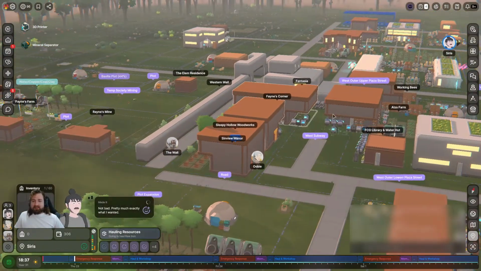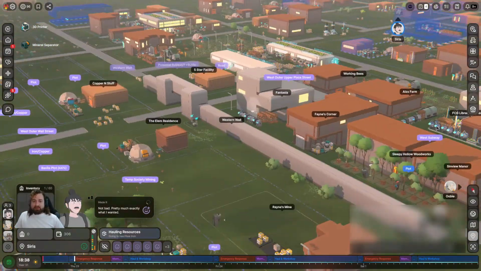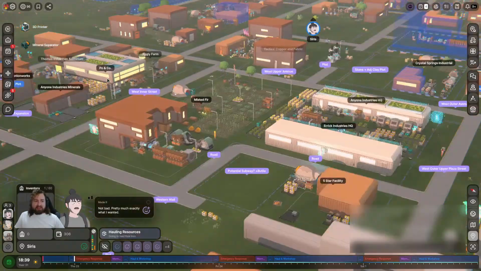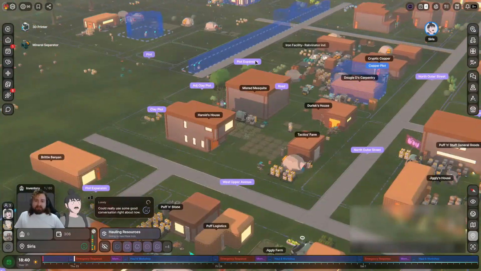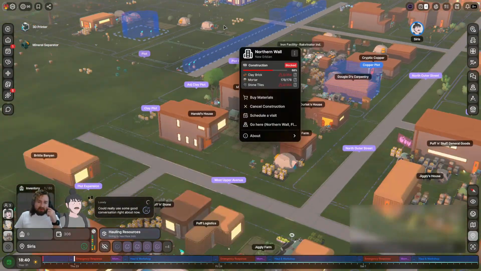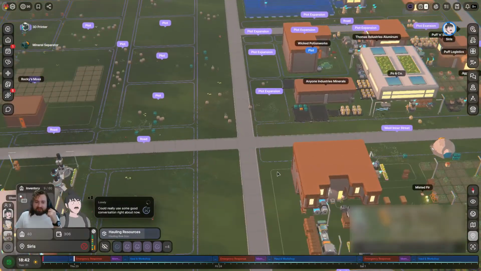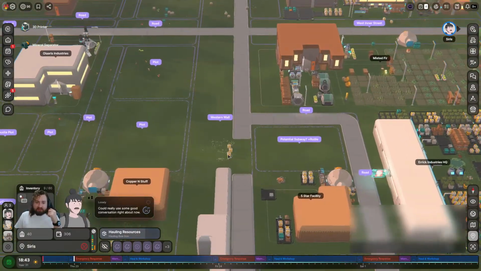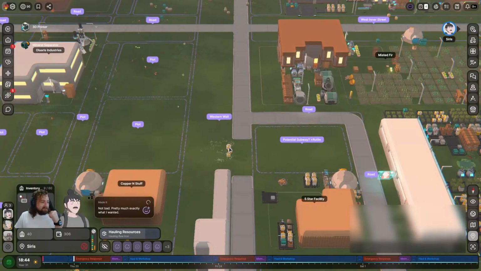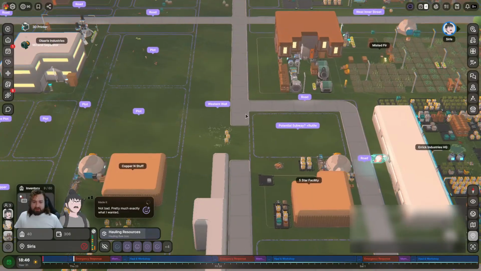I need to focus on my actual buildings a little bit here soon, but I'm not going to stop until we're at least done with the northern wall. And we've got a whole ton of clay we've got to move out of the way for the western wall. That's the one thing preventing us right now. But we're going to get there.